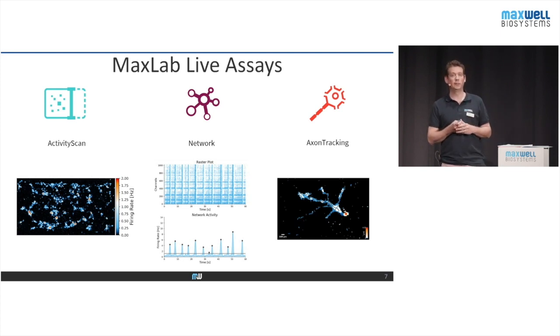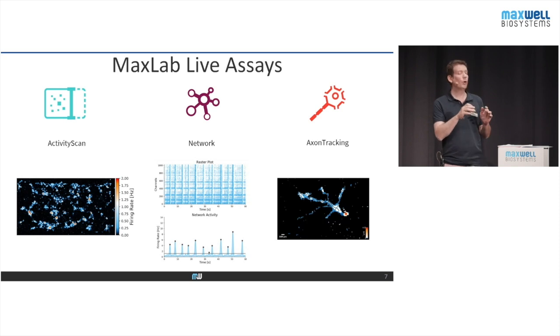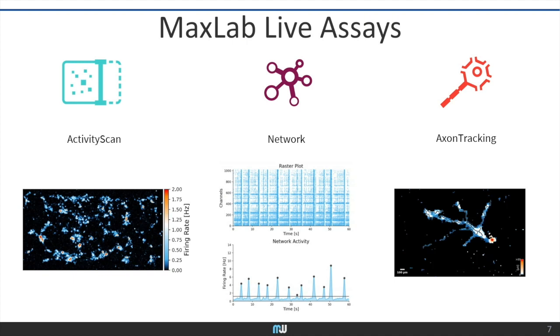showing the assay itself. I would like to quickly mention the other two assays because basically they follow one after the other. So typically we start an experiment with the activity scan. The activity scan tells us where on the microelectrode array area the cells are located and how active they are. Then, once we have identified the neurons, we can go to the network level. So we select electrodes underneath all our cells, or many of our cells, and we record all of them simultaneously, which gives us information about the synchronicity of the network and about bursting patterns, as you can see here